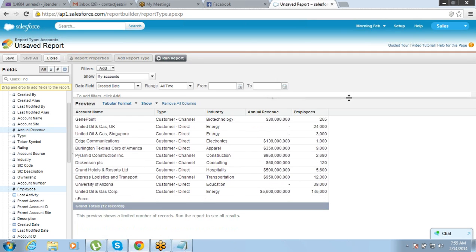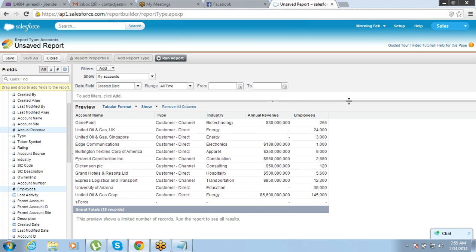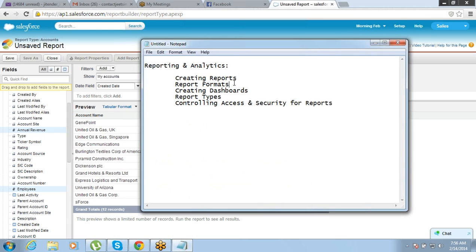Okay. So for reports, we have understood how we create them, how we bring filters, and how we bring fields into the report. That's fine. Now the point is understanding what the different formats of the report are. So this is a tabular format report. A tabular format report means it has all the detailed data points and all. Then there are more formats of the report. So report formats, as I said, there are